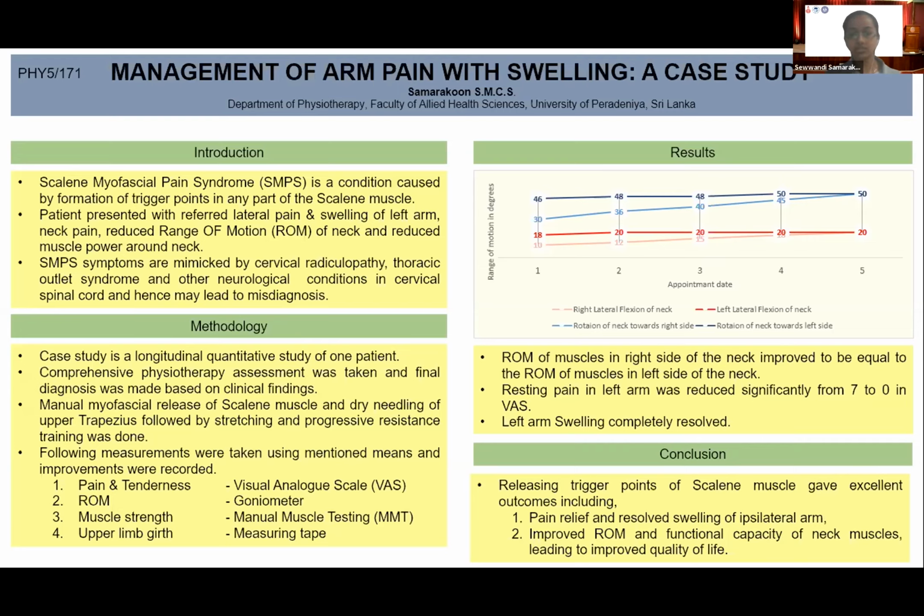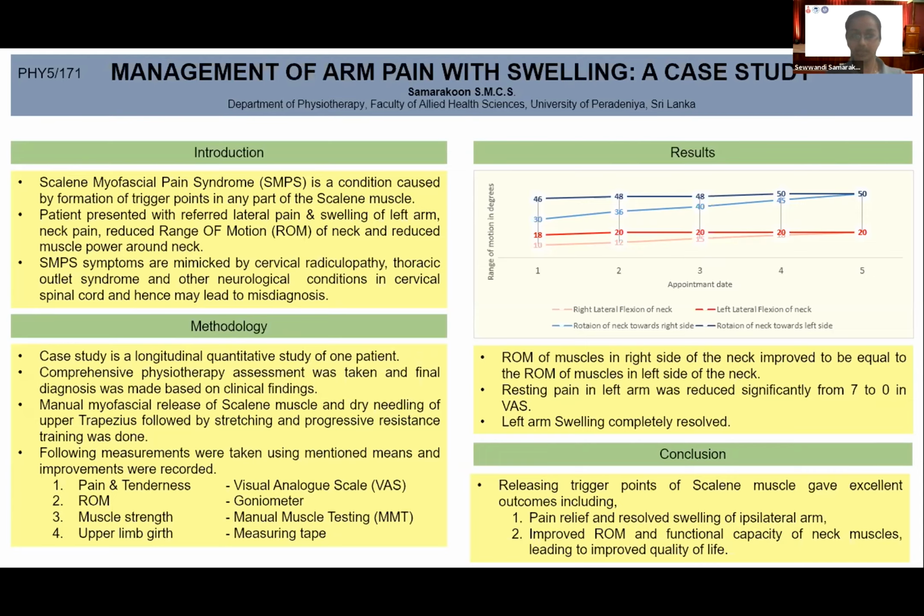The Sperling test was used to differentiate cervical radiculopathy, the Wright test for thoracic outlet syndrome, the Coulson test for lateral epicondylitis, and Tinel's sign for thoracic outlet syndrome. As the scalene cramp test was positive, the condition was diagnosed as scalene myofascial pain syndrome and the management was